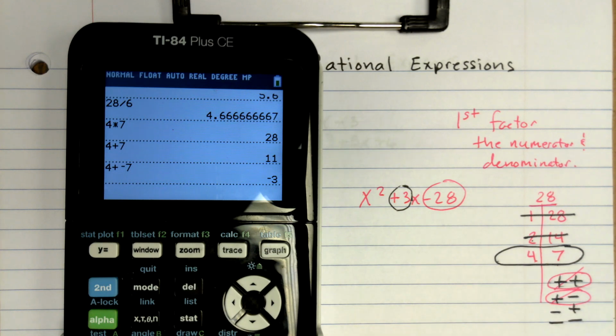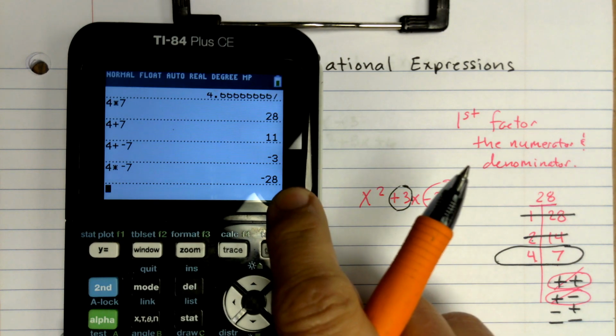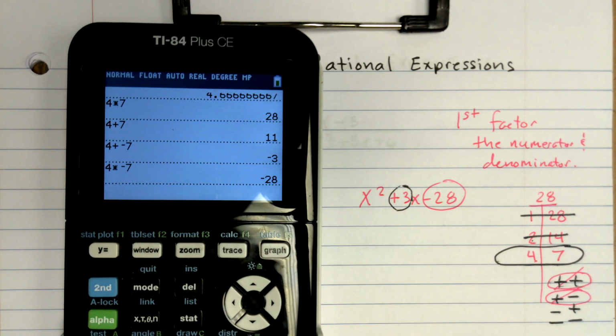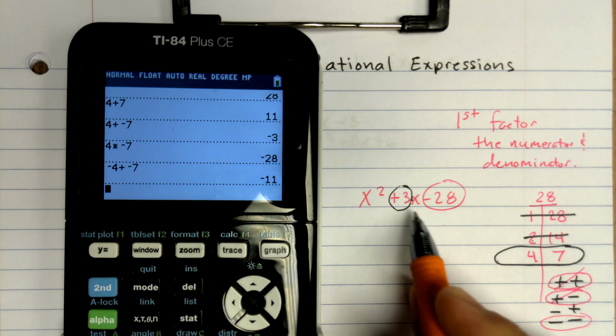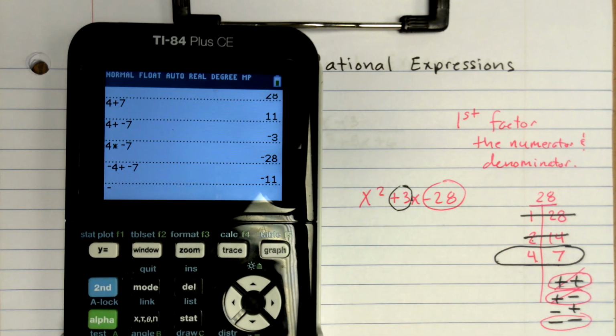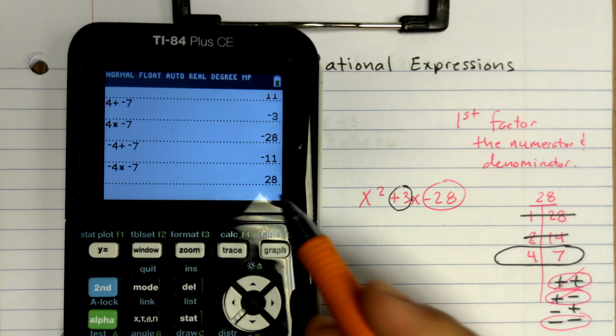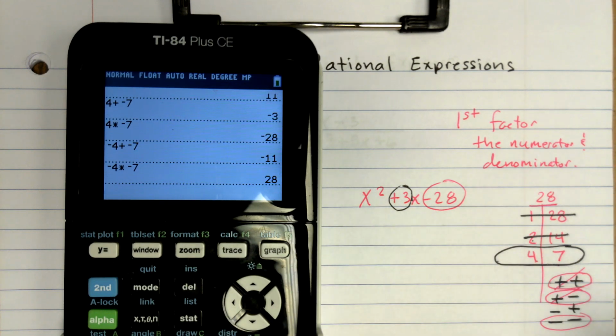Now, if I were to multiply 4 times negative 7, it does give me negative 28. But because the addition didn't work out, it's still not correct. So let's try both being negative. If I had a negative 4 and then added a negative 7, that would give me negative 11, so it doesn't match that 3 value. And if I multiply negative 4 times negative 7, it'd give me a positive 28, which is the opposite sign of what I need. So the only option would be